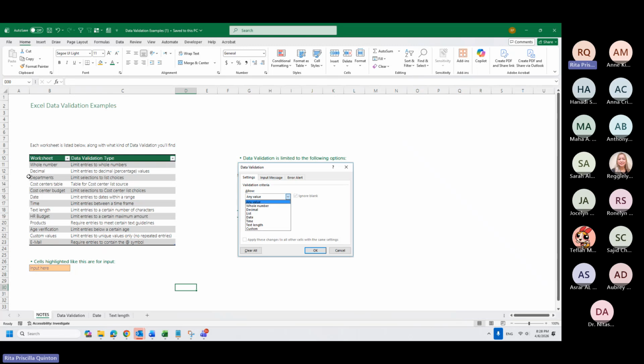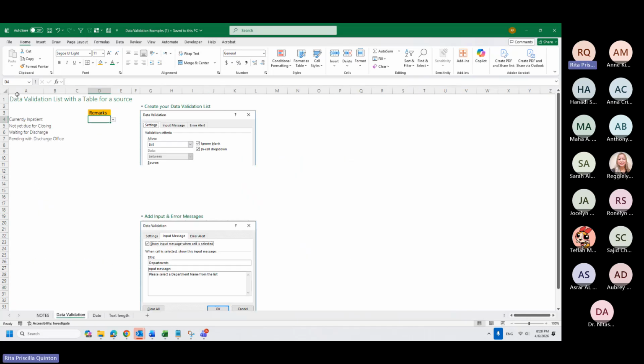So, for example, if you want only whole numbers, decimal only, list, this is the most common that I am using. It's list. This data validation is very useful for data entries. You will see later, I will give practical examples. We have date, time, length, and custom.